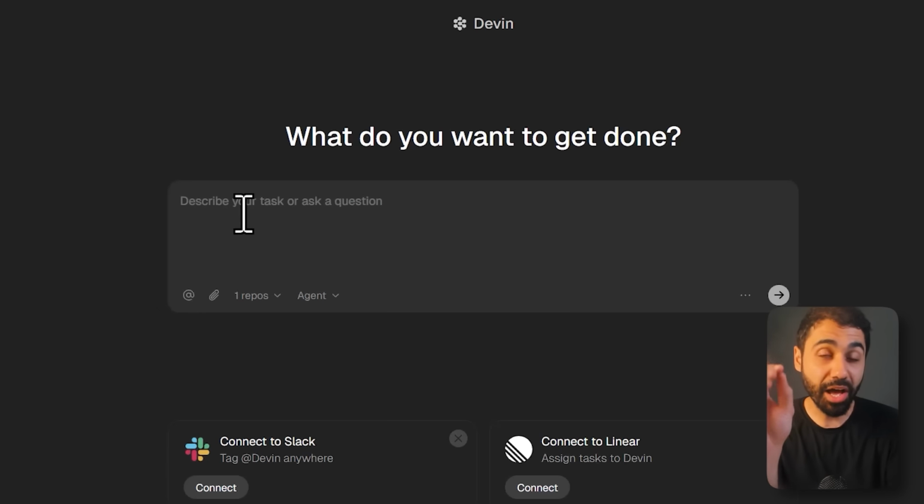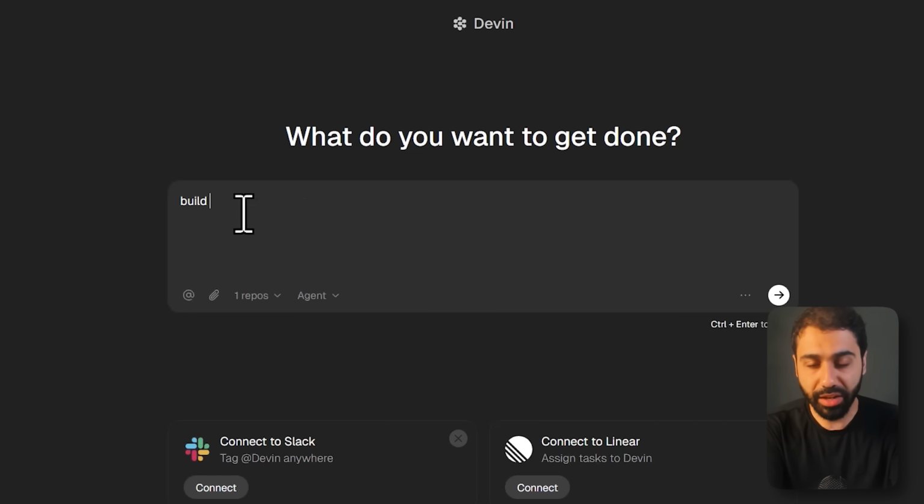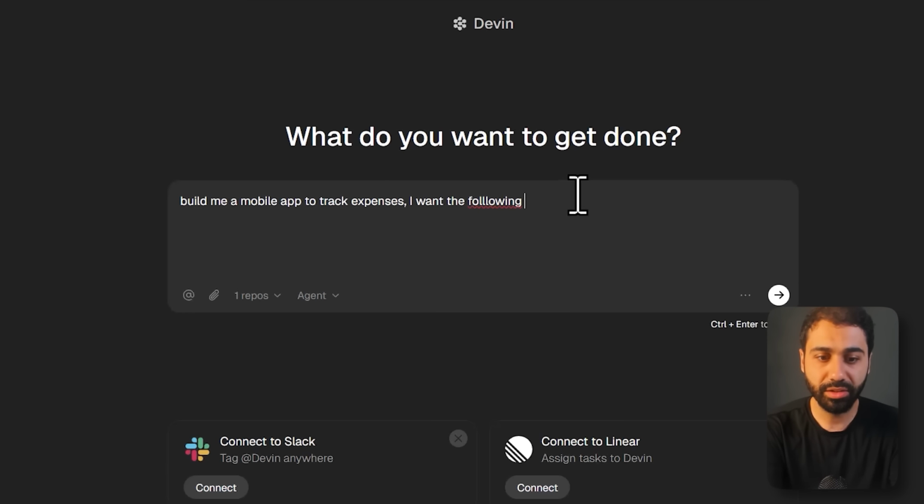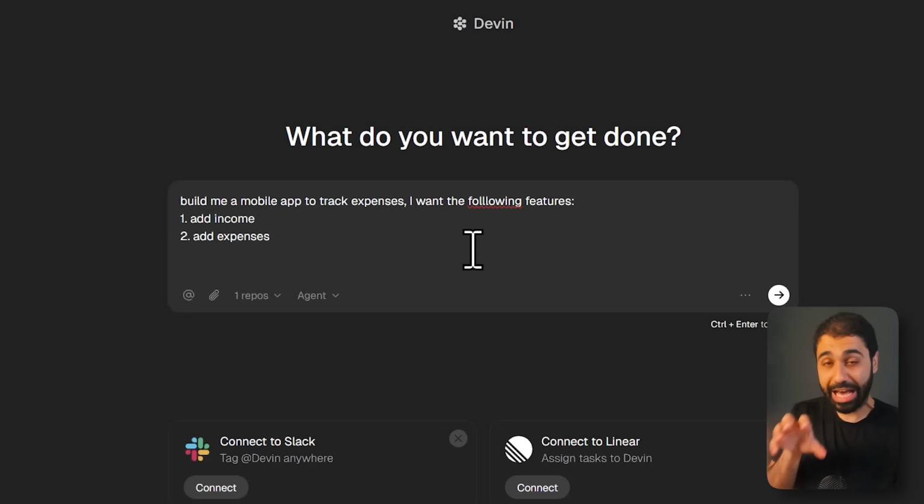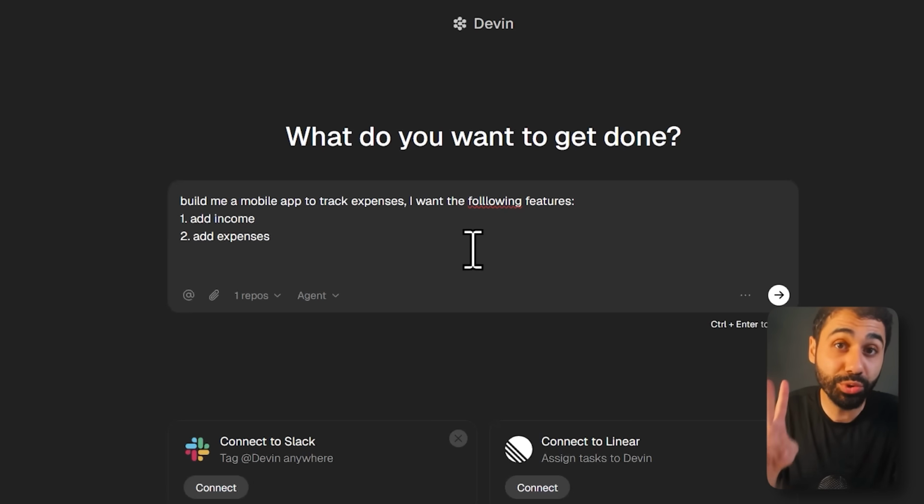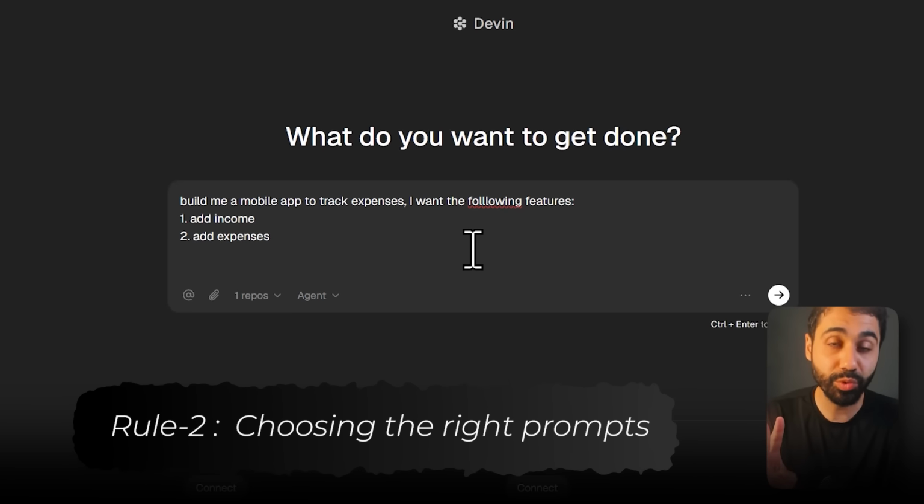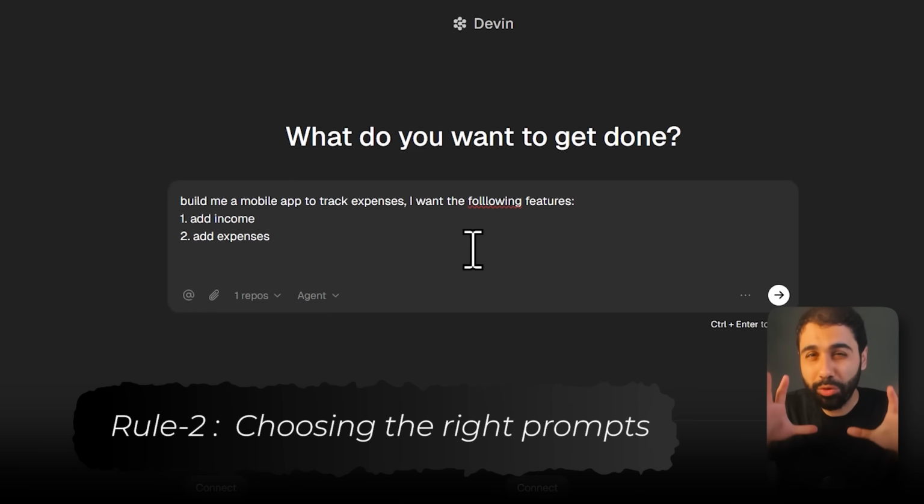I see this other mistake many people do. Even if they plan the application, they tell the AI, build me a mobile app to track expenses. I want the following features: 1, add income, add expenses, and then they submit and start. Very basic prompt. And from here, we jump into rule number 2, which is using the right prompts or being